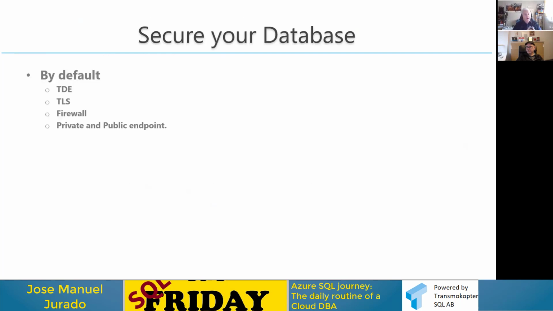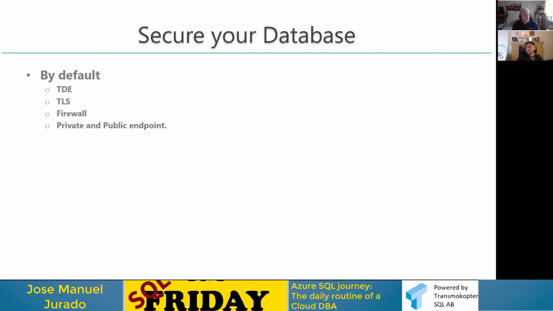Another very important thing for us is secure data. By default, every time that you create a database, it will be TDE encrypted, so we are going to encrypt the data at rest. Every file will be encrypted using your key vault.